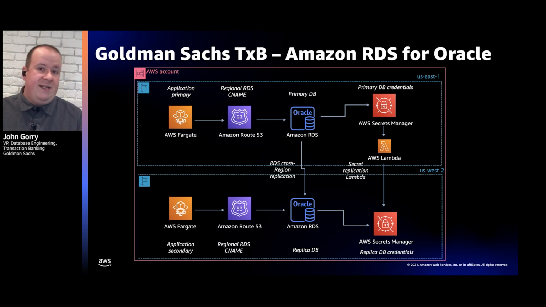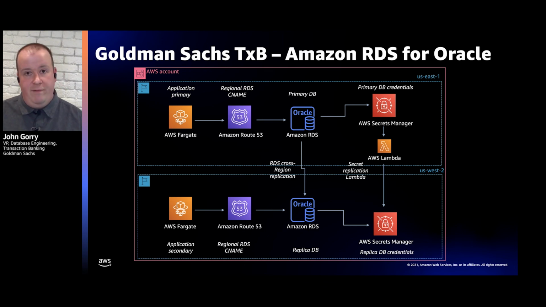And therefore, all my database credentials are going to be in sync between my primary and secondary regions at all times. And so in the secondary region at the moment, we have a read-only replica of the database, and we have our app stack configured in read-only mode, so it can talk to the database and run read-only operations if it wants to, and we can do canary checks and things like that. And its credentials are there in Secrets Manager. So this is our default state of build.